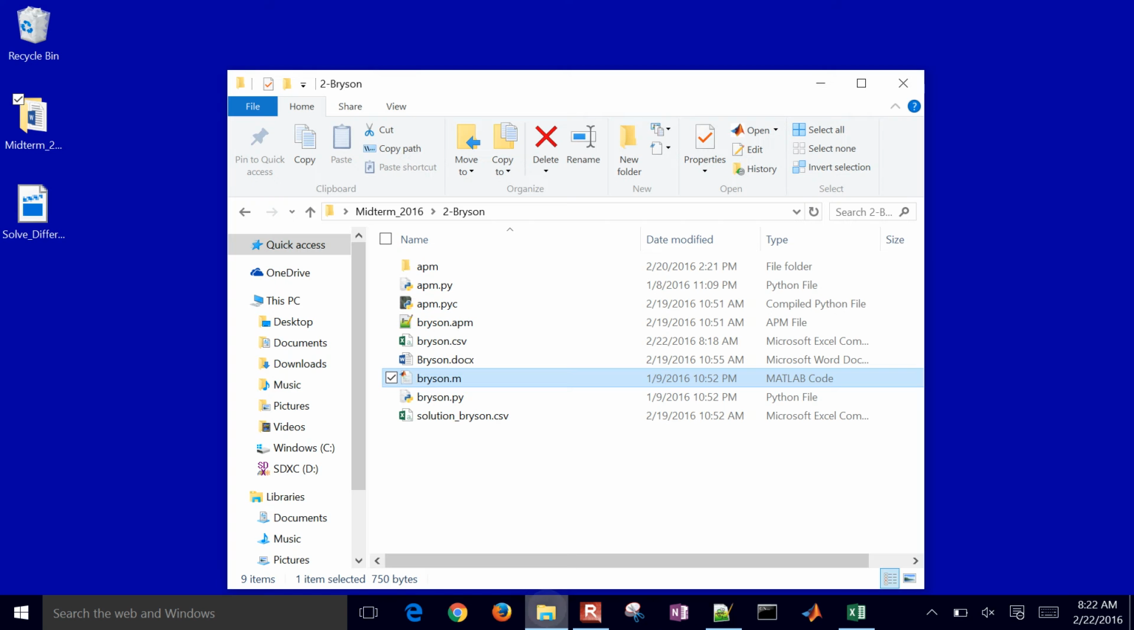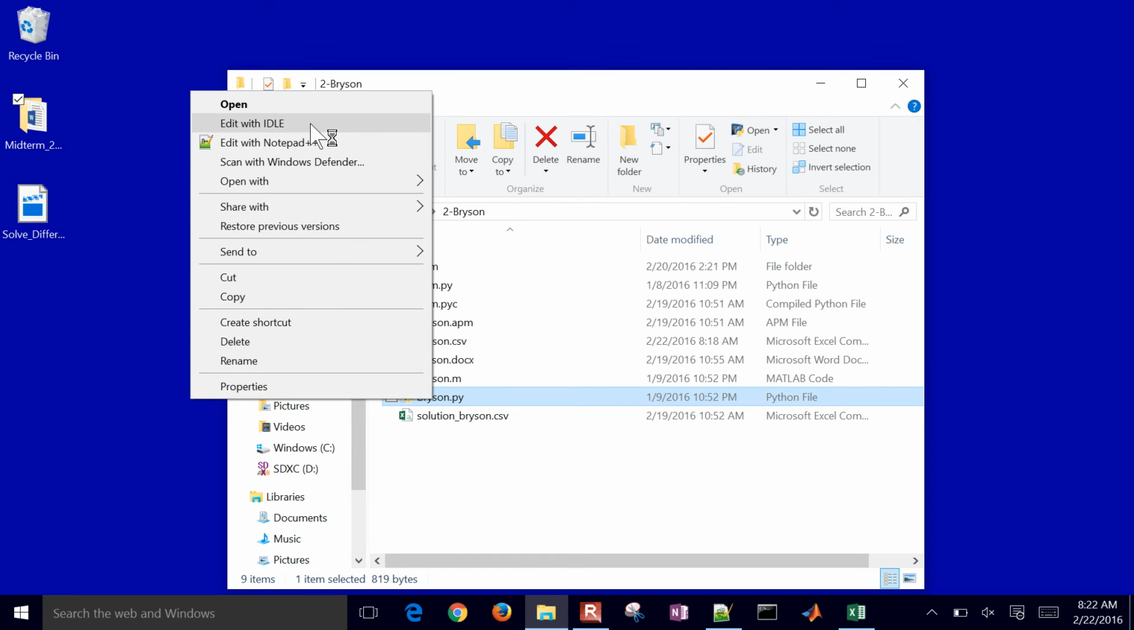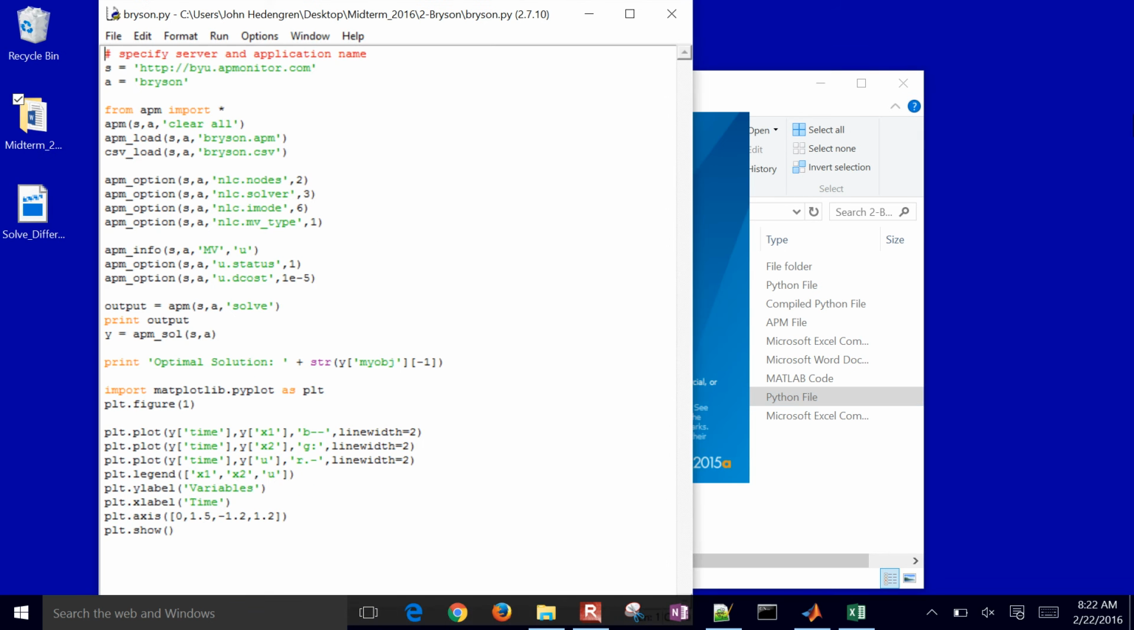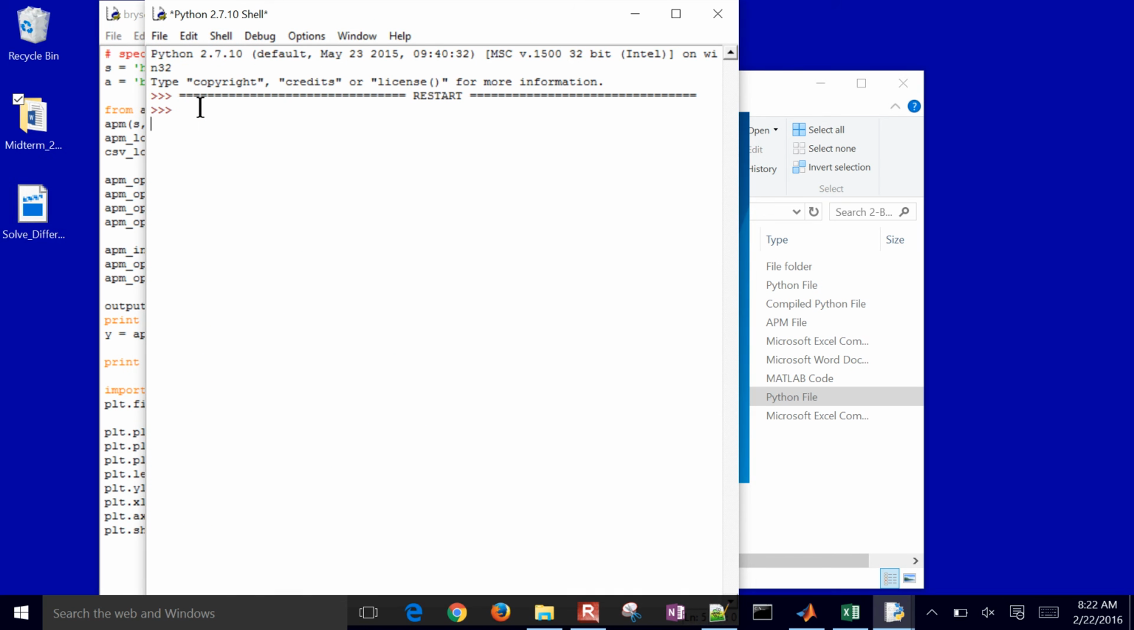Okay, so let's solve this now. I'm going to open it up in Matlab, and then also open it in Python. This one I'll just do in IDLE. You can do it in Spyder or some other environment as well. Okay, and then I'll just run the module,